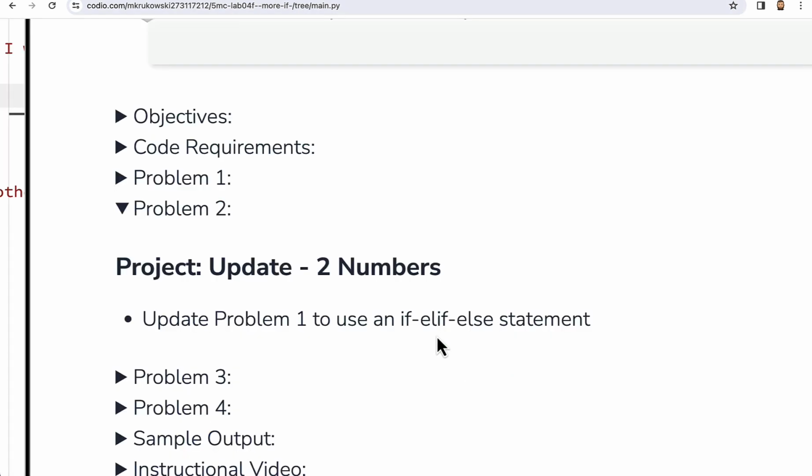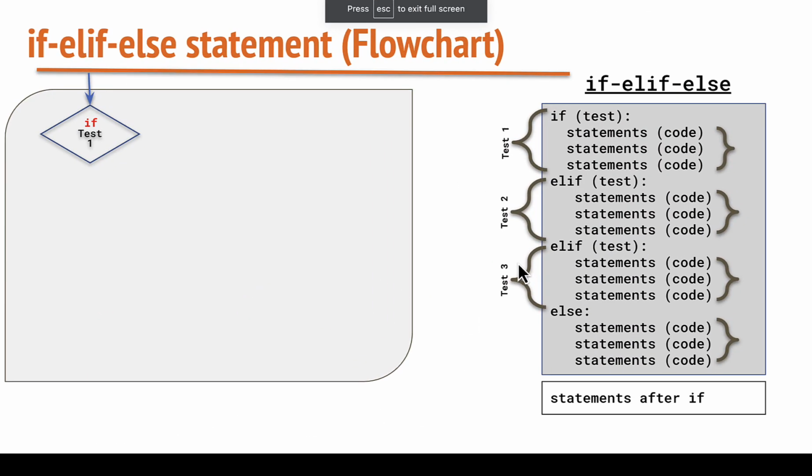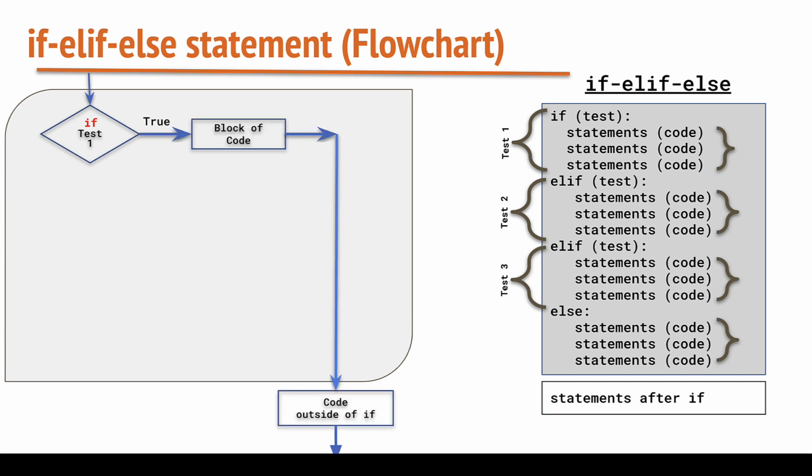So for problem number 2, we're going to utilize an if-elif-else statement, and that's going to be simple to do because all we're going to do is copying the code and making some slight modifications. So real quick on the if-elif-else condition. What's going on is we have our first test that's going to correspond to here. If that statement is true, it'll execute here, and then once it's done executing, it'll continue on over here. But if it's false, if that's no longer true,